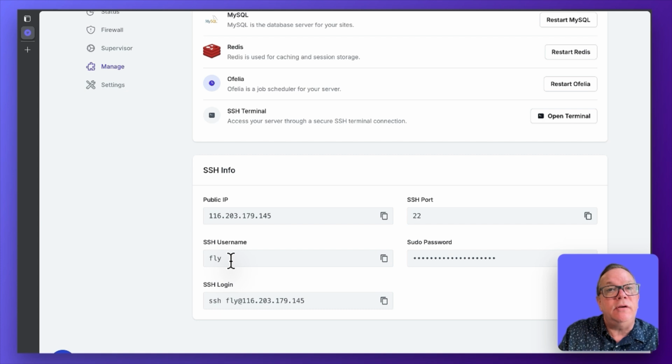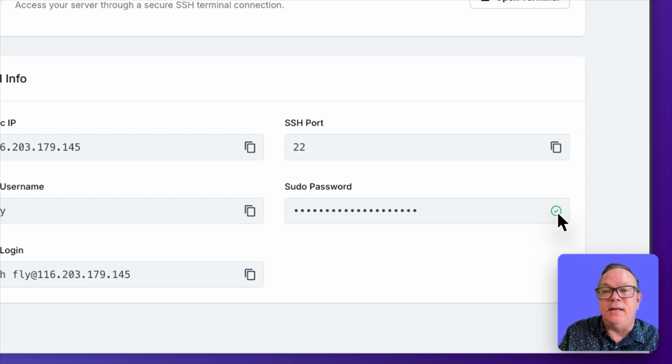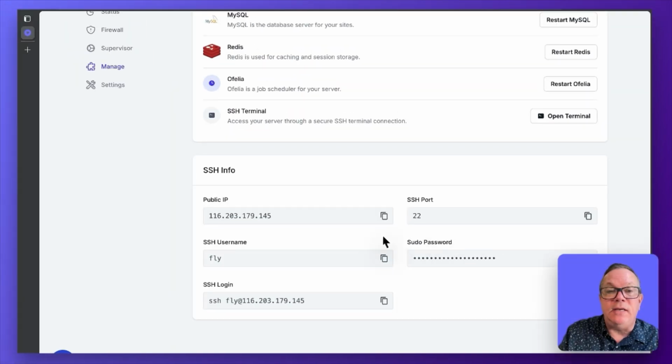For security reasons, you've got a Fly username for SSH, not FlyWP, it's just Fly. And that does include a sudo password. So what you do is you want to copy that password and then use that on the back end once you're logged in via SSH. You can use the sudo command. It'll prompt for your Fly username password, and then it automatically drops you into doing super user type commands,